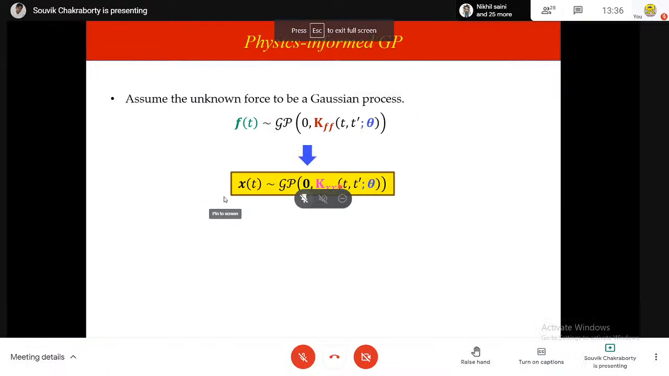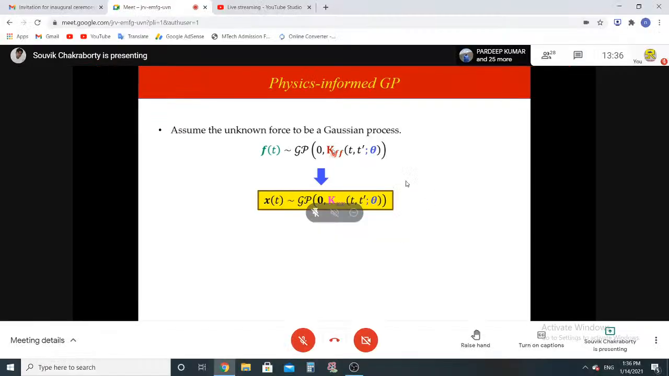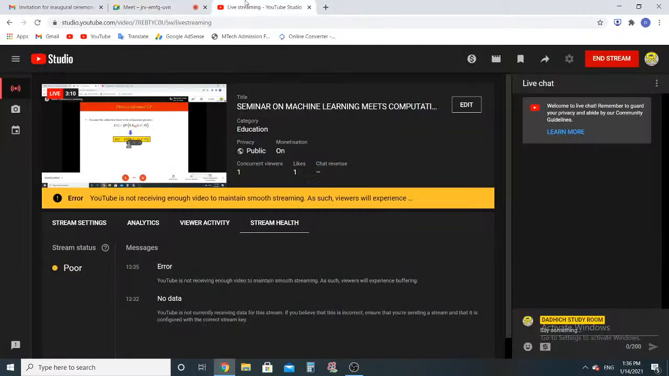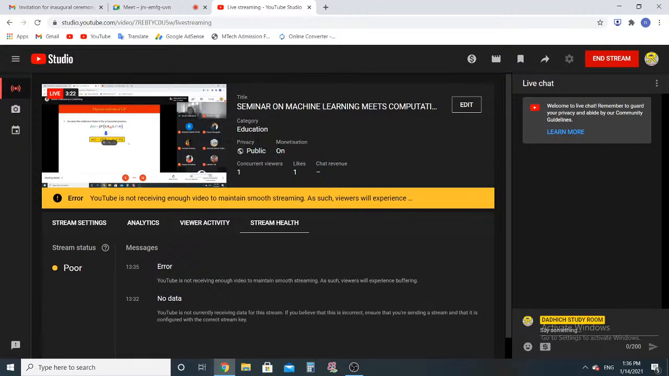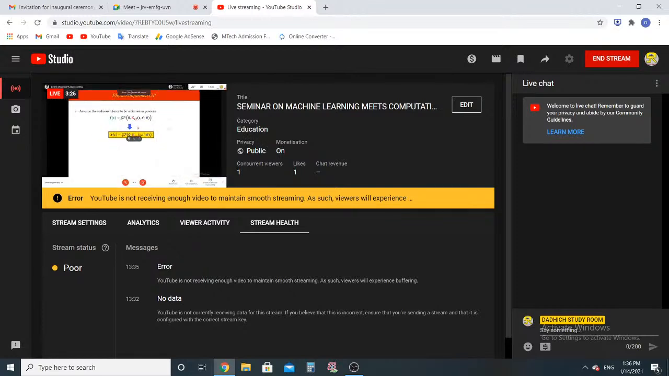Now, we have two Gaussian processes. One Gaussian process representing the force vector, the other Gaussian process representing the state vector. The covariance kernel for both of these, kff and kxx, are known. Theta for both the cases are same but unknown. Now the question is, can I use this expression to estimate theta? And what is the requirement for estimating this theta? Data. So the question boils down to, do I have